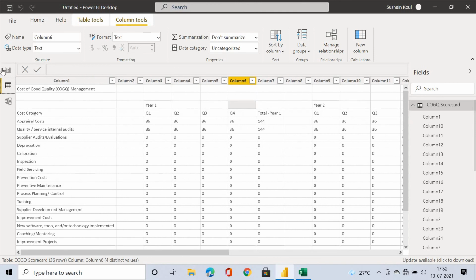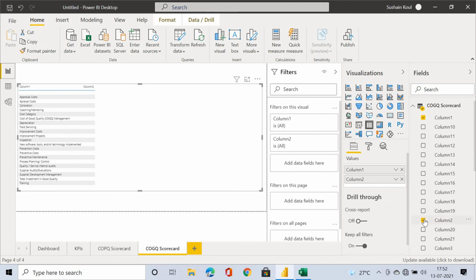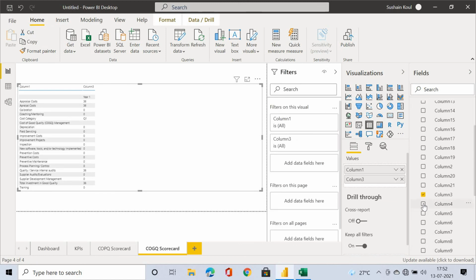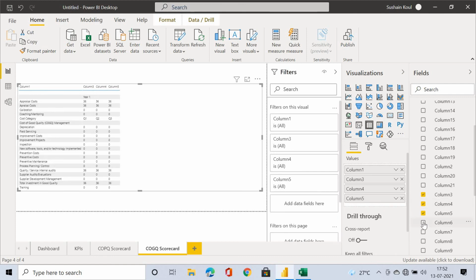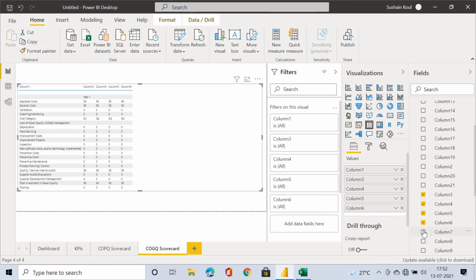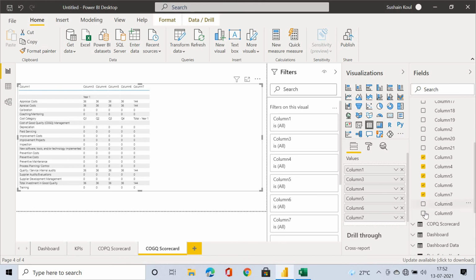So third, we require third, then we require 4, 5, 6, 7, 8 doesn't have any data, so